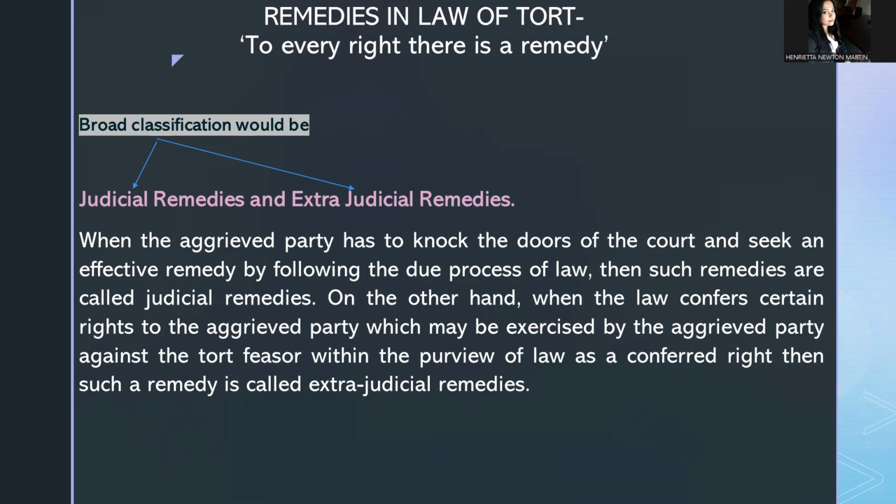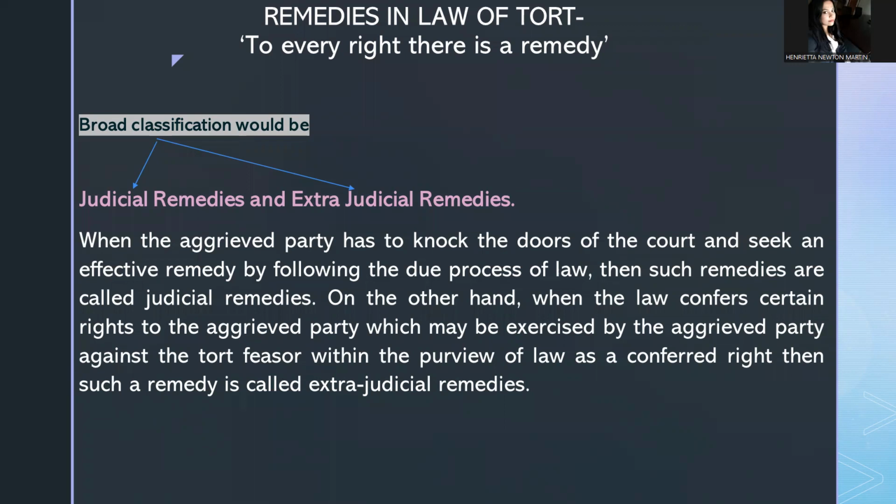Like, for example, say that there is one Mr. A and he owns a field. This is the most common example I give, and it's also there, I think, in a subsequent part of the slides. Say A owns a field, and B owns some cattle. B's cattle just stray into A's field and destroy his crops.